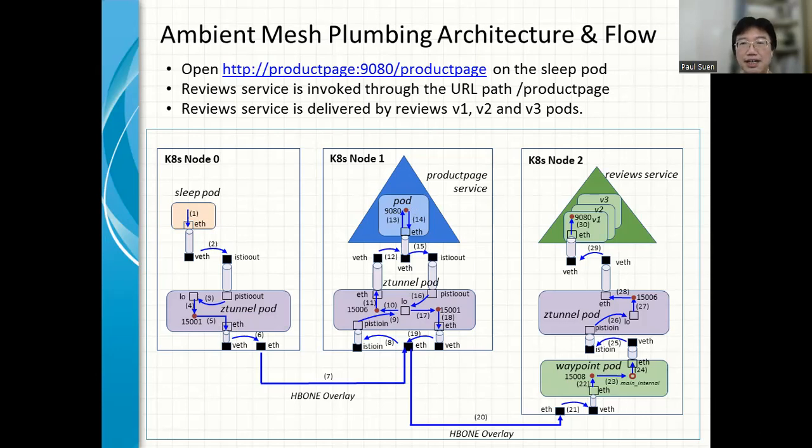And then the pod initiates access to the reviews service. So data will be transmitted out of node 1 to node 2. In doing so, the network traffic will flow from the local ztunnel pod to the waypoint pod on node 2.